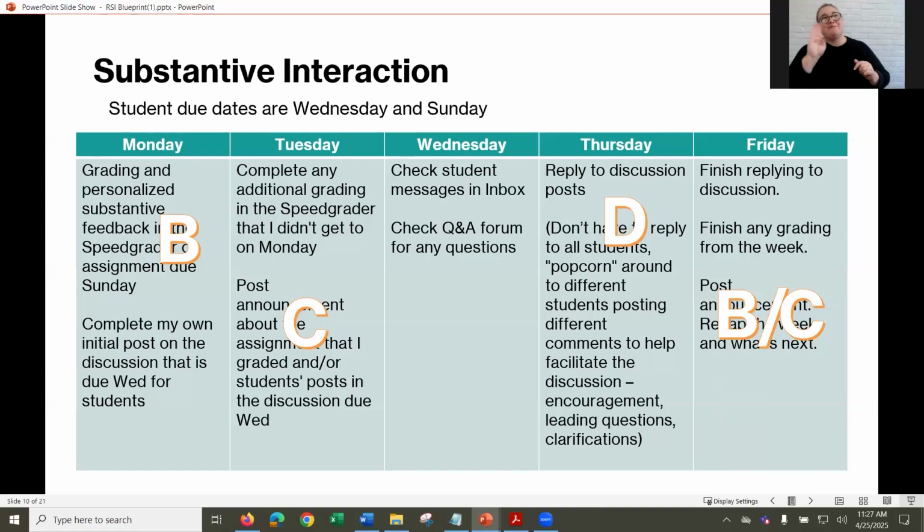So remember, A is direct instruction, so it's not included in any of those. And then I saw Elizabeth had a question, why does RSI have to be instructor initiated? So that is the law, okay? That's how the law reads.